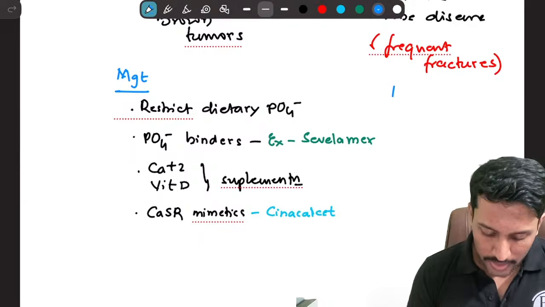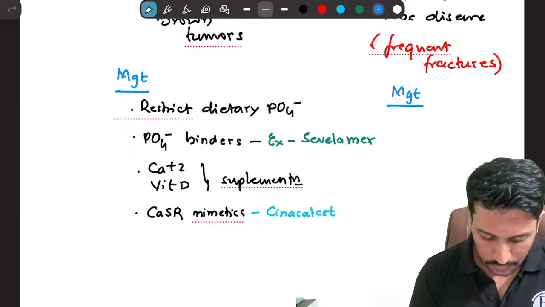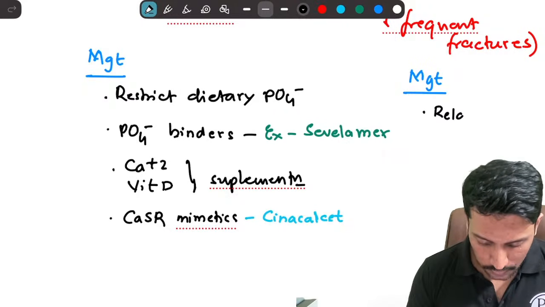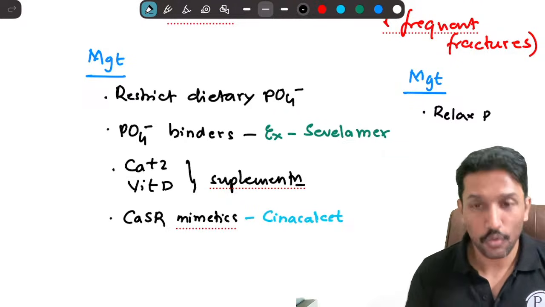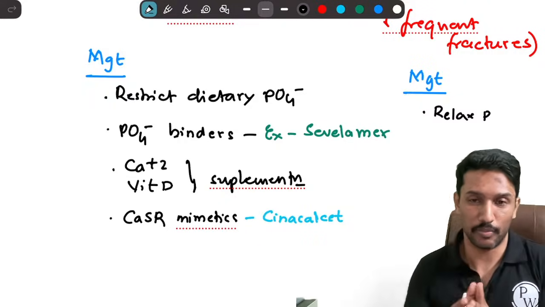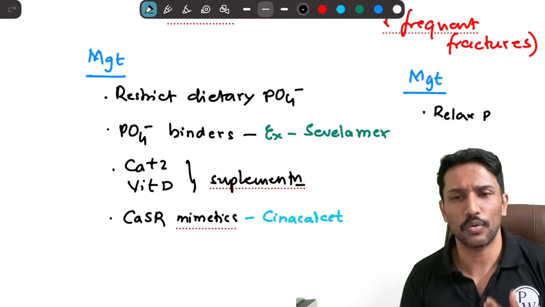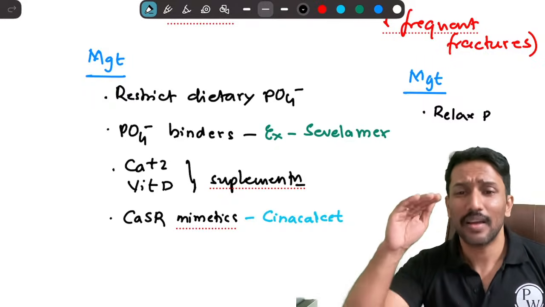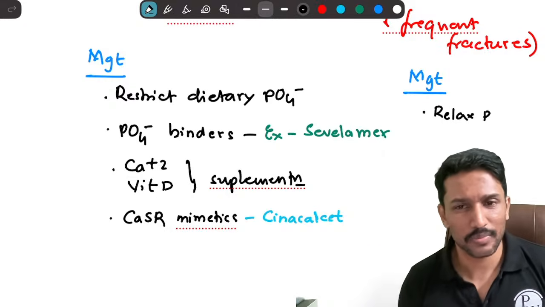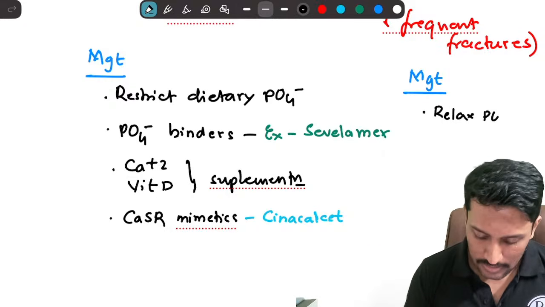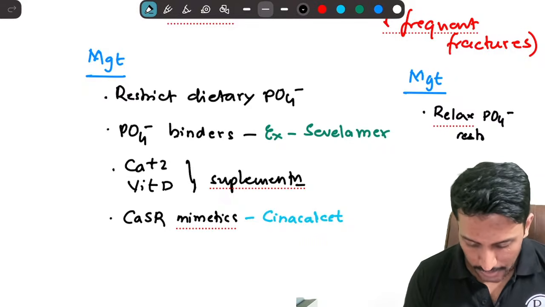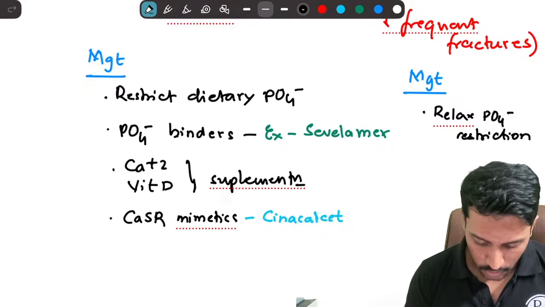Now, how am I going to manage this adynamic bone disease? We have to relax. See, it is over enthusiastic treatment of high bone turnover that has resulted in adynamic bone disease. Like when someone gets hypoglycemia while being treated with insulin, what do I do? I reduce the insulin dose so that they don't get into a hypoglycemic episode. So same here. Relax the amount of phosphate restriction that we are putting the patient on, and then